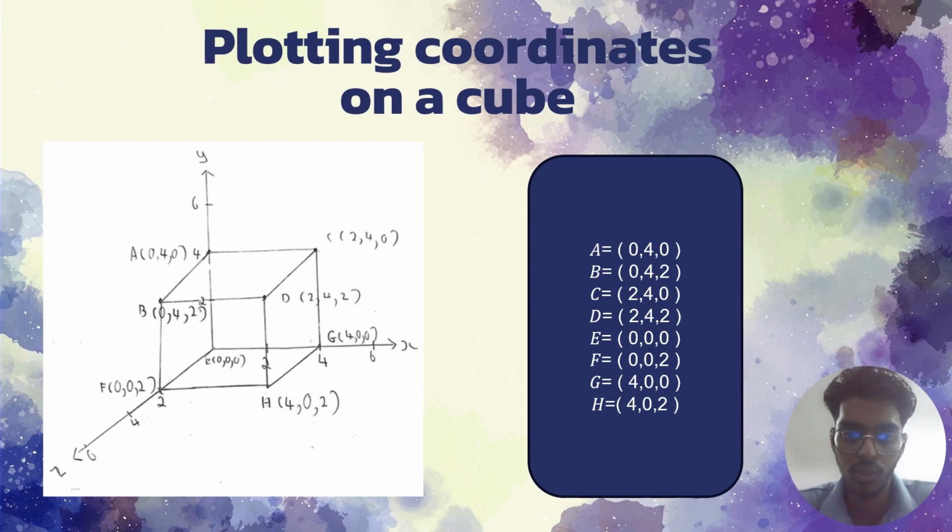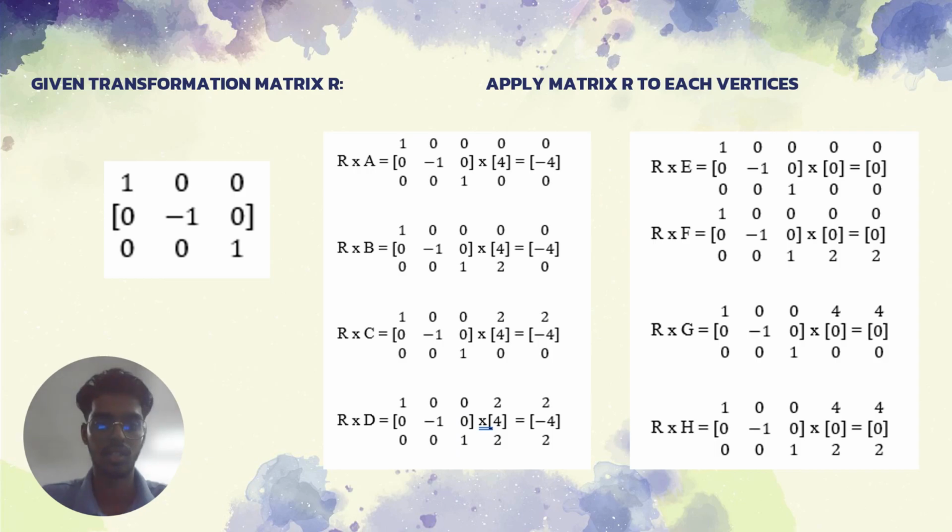Coordinate E will be 0, 0, 0. Coordinate F will be 0, 0, 2. Coordinate G will be 4, 0, 0. And finally, coordinate H will be 4, 0, 2. Next, we have the given transformation matrix R, which is 1, 0, 0, 0, negative 1, 0, 0,